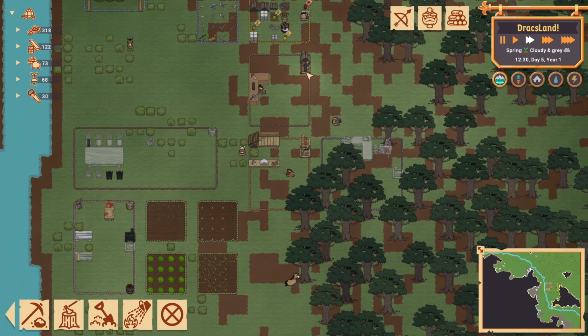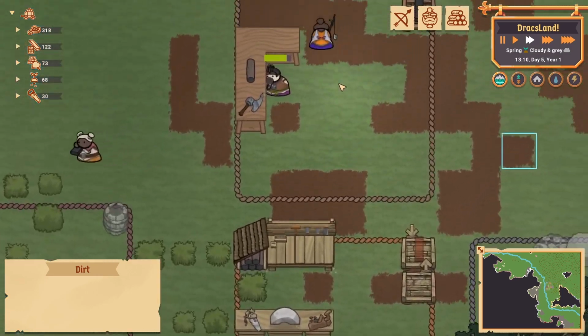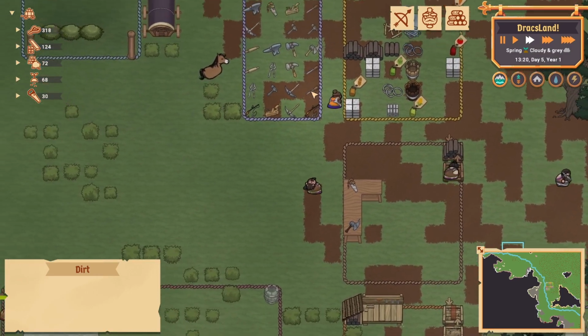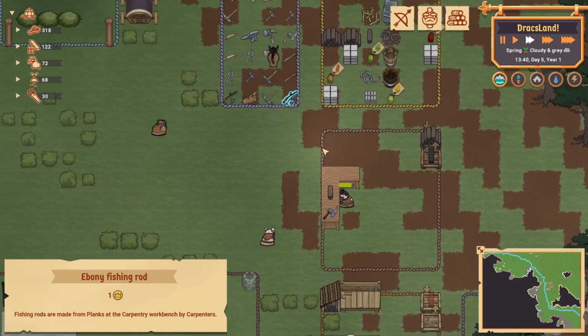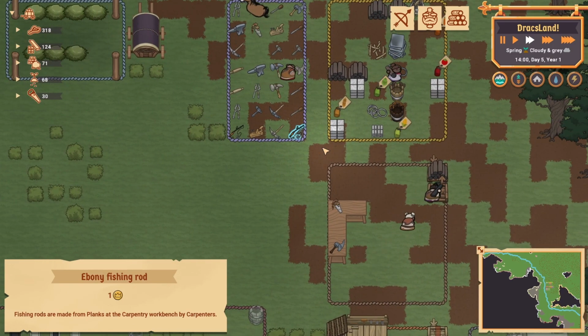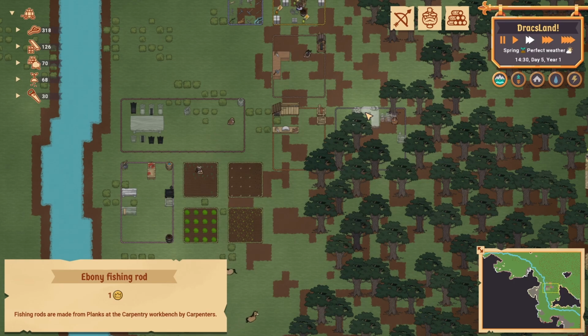All right, he's making planks. The planks will go here to a carpenter. Oh, hey, we made one. We made it. There it is. Our first fishing rod. So now the fishermen at their leisure will come and pick it up and go fishing. And that'll be probably the first bunch of